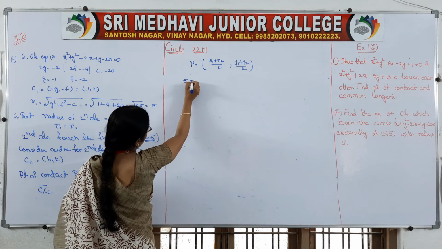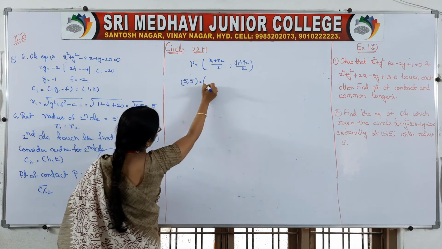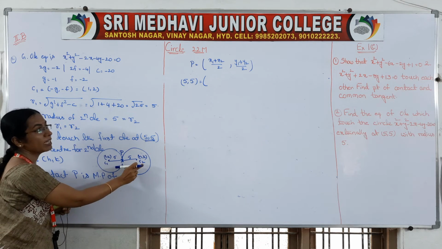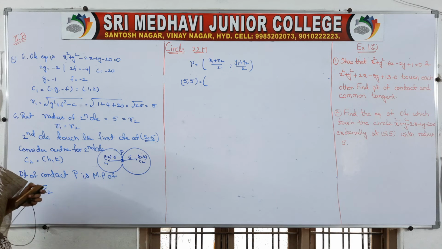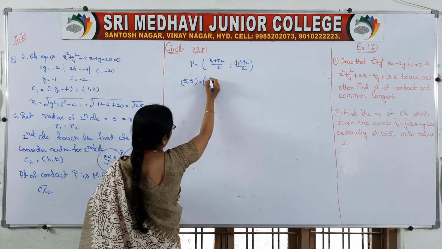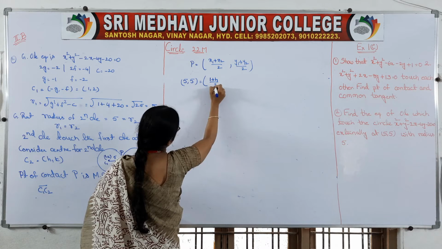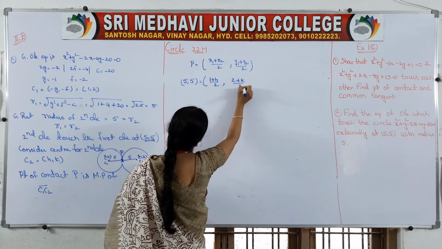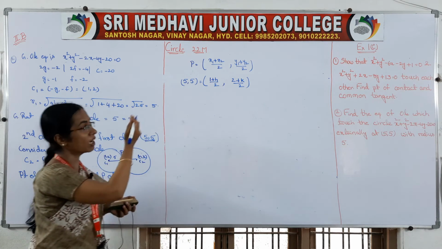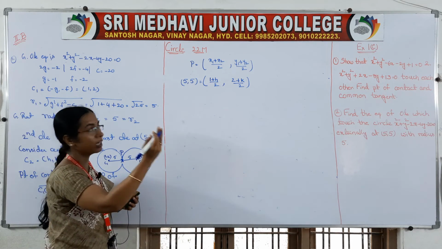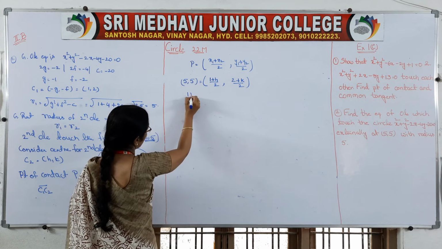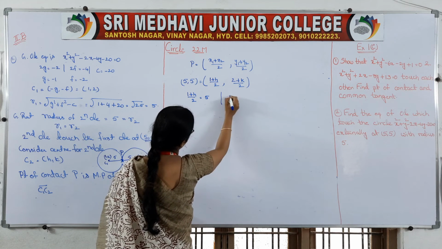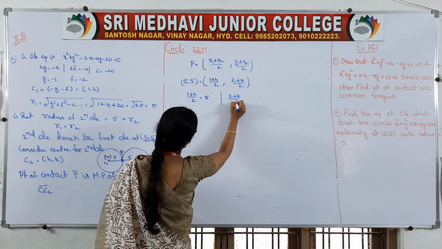So, this is 5, 5. We will consider C1 as x1, y1 and C2 as x2, y2 for that formula. So, it is (1 plus h) by 2, (2 plus k) by 2. Now, if we equate x coordinate to x coordinate, y coordinate to y coordinate, then (1 plus h) by 2 is equal to 5 and (2 plus k) by 2 is equal